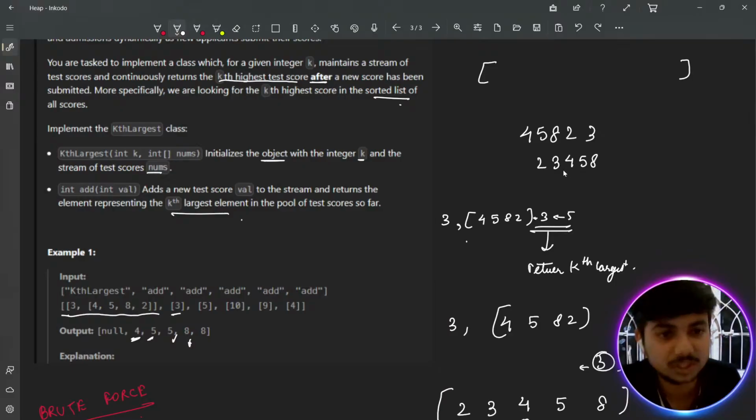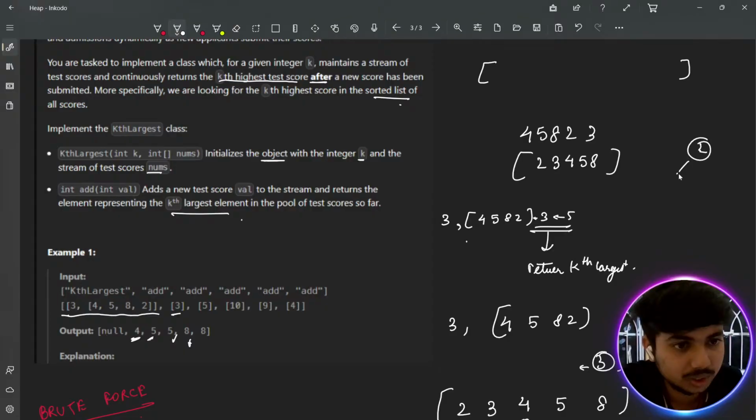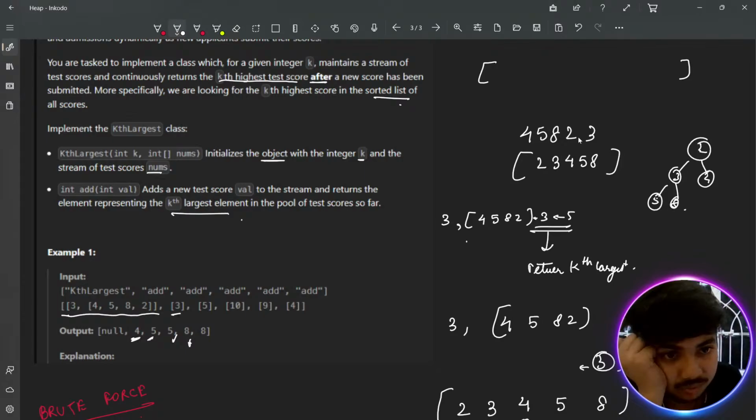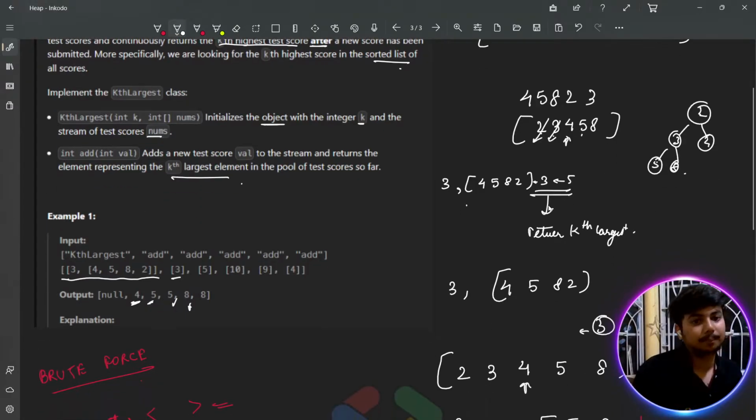ओके, let's first see क्या हो रहा है। तुम मिन हीप में ऐसा कुछ बनाओगे कि यहाँ पे 2 है, यहाँ 3, यहाँ 4, 5, 8। और जैसे ही चीजें k के above जाने लगेंगी, लाइक 1 2 3 डाला, 4 is more than this, 5 is more than this, so what you need to do is you remove this 2 बार, तो तुम्हारे पास ऑटोमेटिकली लास्ट थर्ड एलिमेंट बचेगा। जैसे ही वैल्यू जो तुम इंसर्ट कर रहे हो goes beyond k, you start popping things out from the heap and you will be left with 4 at the top node, क्योंकि ये हीपीफाई होता है इंटरनली।